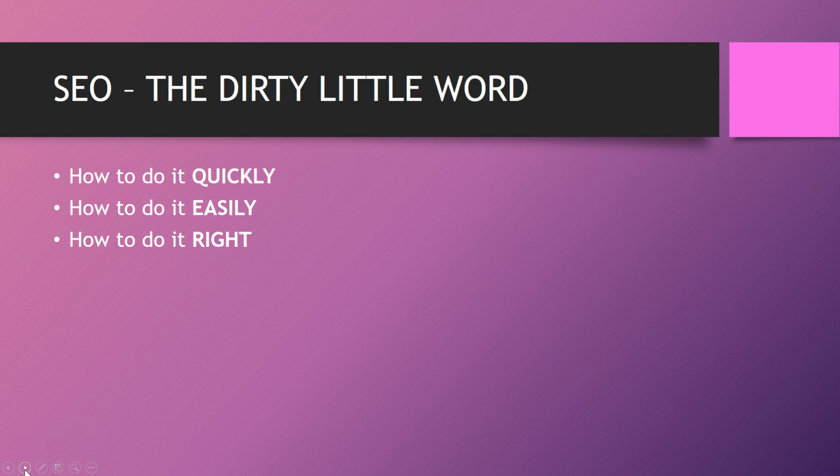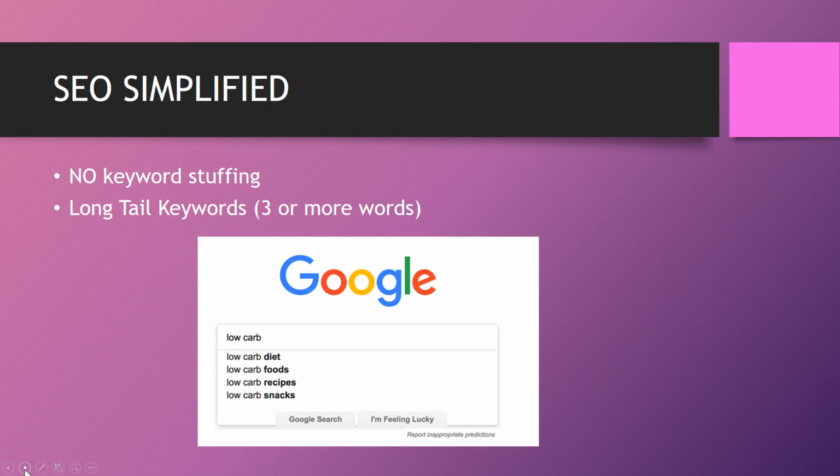And when you're able to do that, that's how you wind up getting your website ranked on the first page of Google. See, no one looks beyond the second page of Google. People's attention spans are incredibly short these days, and they're only going to be looking on page 1. And it's really, really important that you get your site there. So today I'm going to teach you how to do it quickly, how to do it easily, and how to do it right, even if you're brand new and have never done keyword research before.